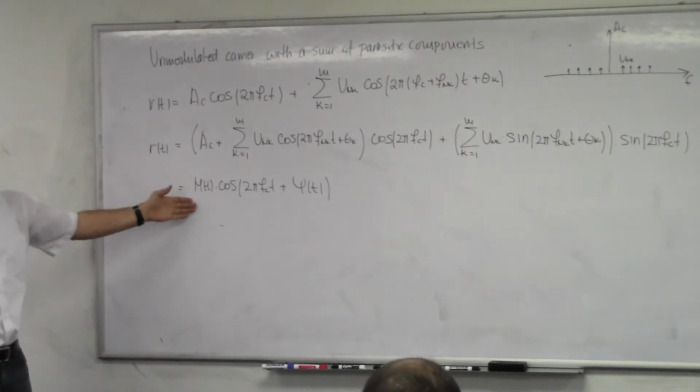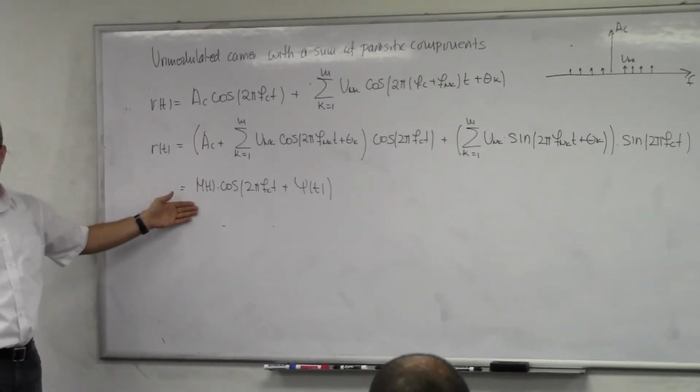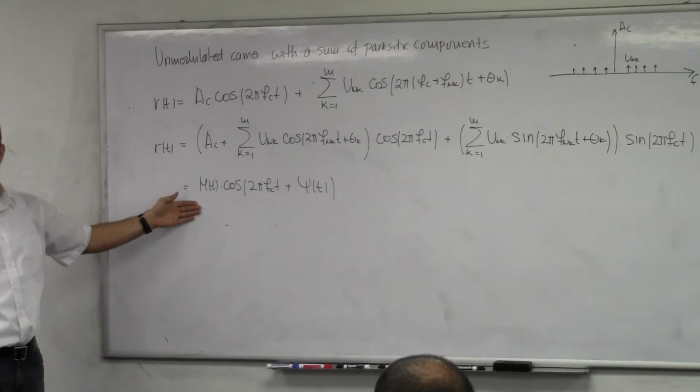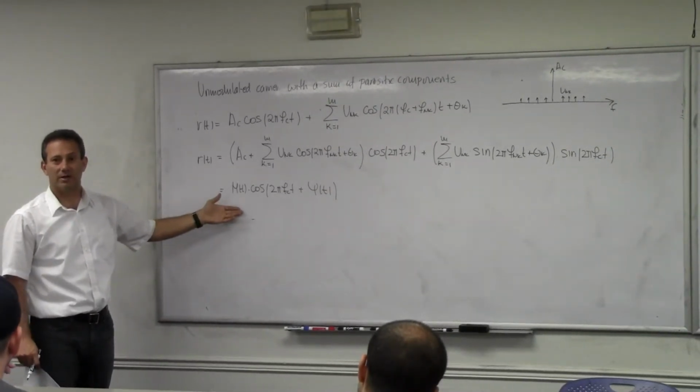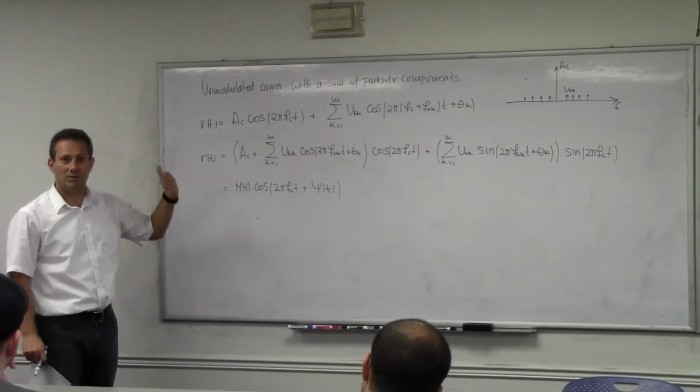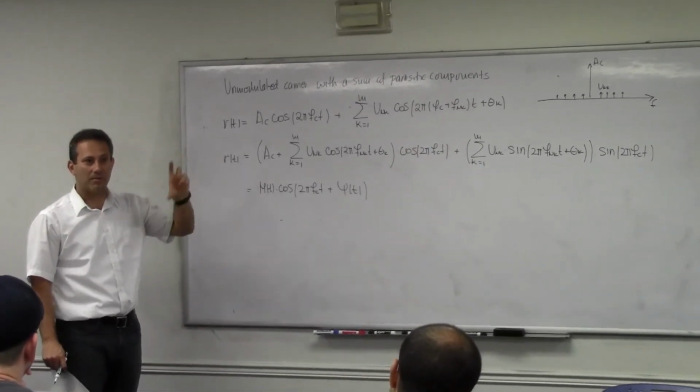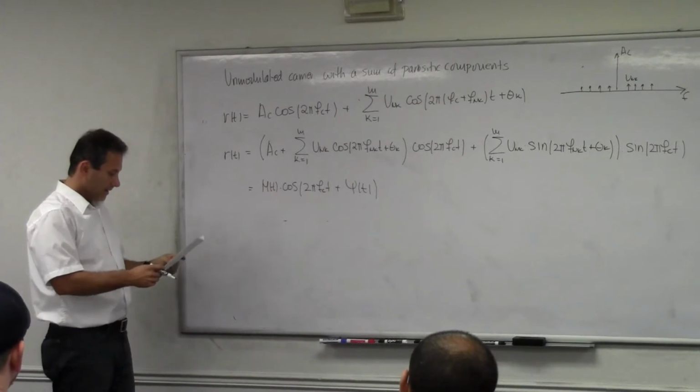Now, m of t I'm not going to worry about. Why is it that I'm not going to worry about it? Because I know what happens. I present this to a discriminator. The discriminator gets rid of all the variations and replaces m of t with a single sinusoid, single amplitude, right? So,